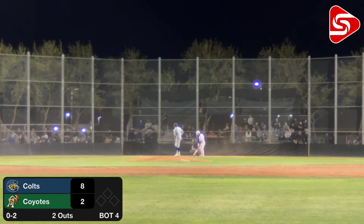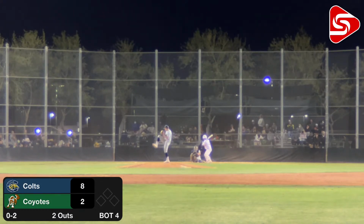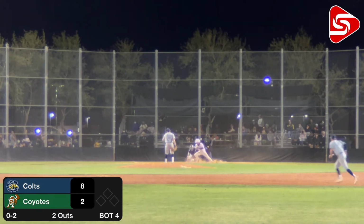Looking to go 3 up, 3 down. The entire Campo team still on the dugout fence. I mean, that looks like a pretty fun and well-connected dugout, Brandon. Yeah. You're down by 6, but...